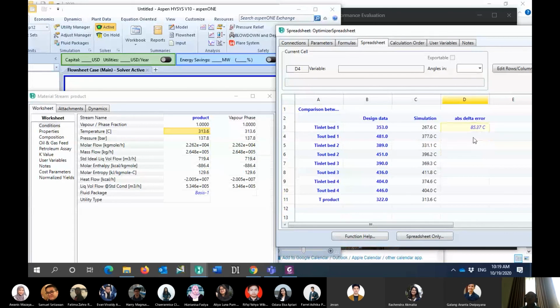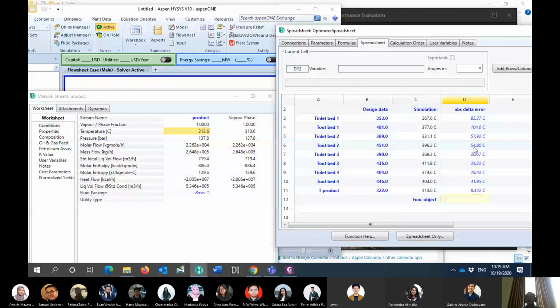Okay, so I will just copy this one, and then paste, and paste, and paste. And then at the end, this one is the function of objective, which is actually the total of all of this.